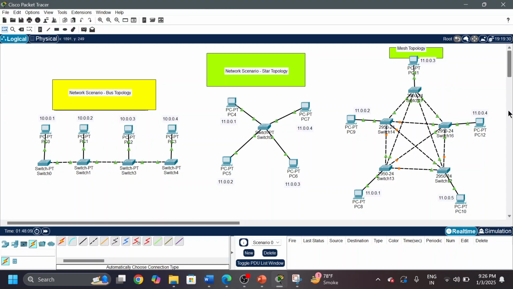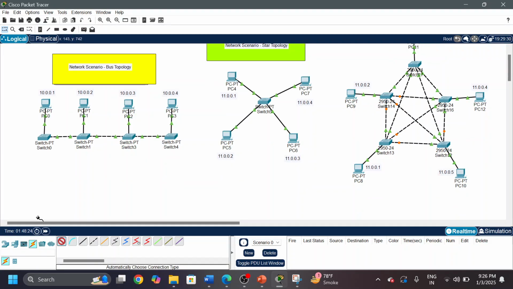So now I have already made some of the topologies over here. We will go through each and every topology. Let us start with the bus topology. So what we have are the different switches that are connected to each other. Okay, and with the help of the automatic connection, I will show you over here that we